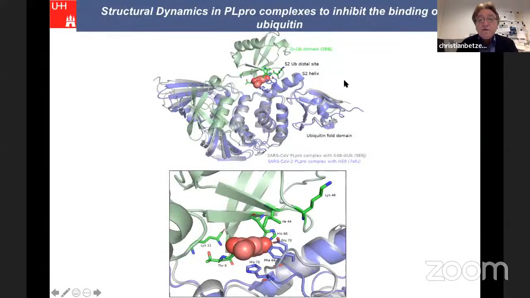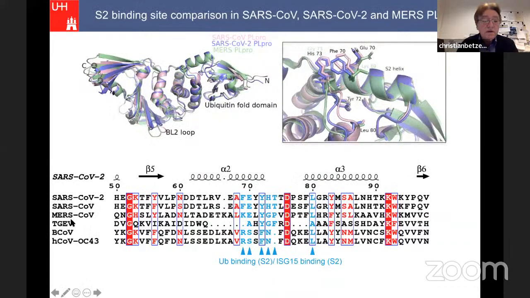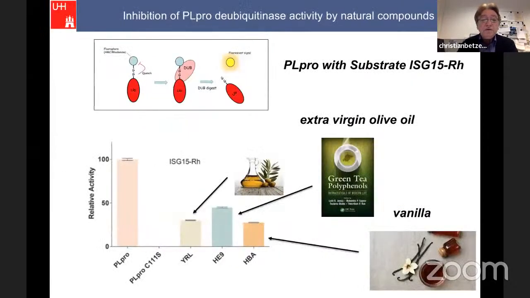We compared also to other PLpros known from MERS and SARS-CoV-1. They have a similar binding site, but not identical. So it is very clear that SARS-CoV-2 evolved and is becoming more effective. You see here the comparison of CoV-2, CoV-1, MERS, and others. They all have slight differences. And this is a clear evolution, which worries me, and scientists, and humans, we should be worried, because the virus is developing further and also substantially suppressing the immune response.